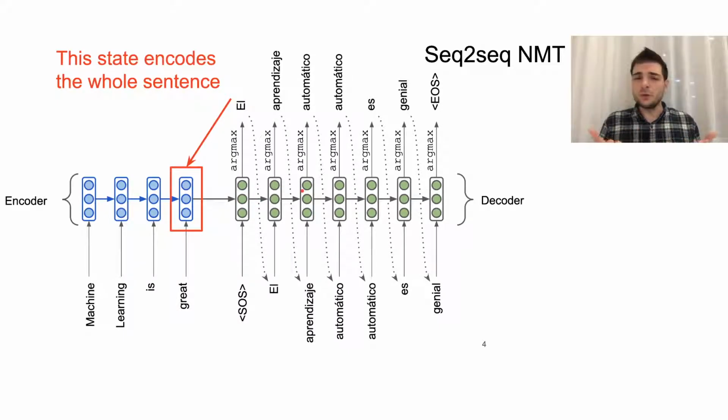But actually, there is a problem. I guess you definitely see the problem. This hidden state is a bottleneck, because we use only one fixed-size vector to store all the information about the source sentence. And imagine if we have a sentence of length 25, 125, 500 words. Then at some point, we will definitely face the situation when we don't have enough space to store all the information, because we have a fixed-size vector, but not a fixed-size input. We have to fix it somehow. And the attention mechanism is the solution to this problem.